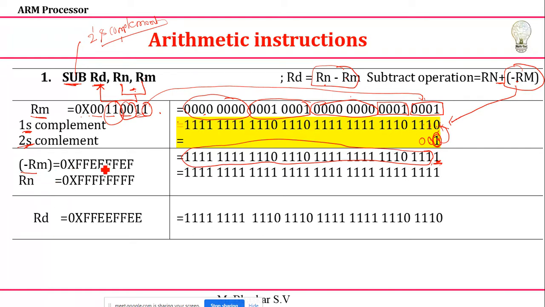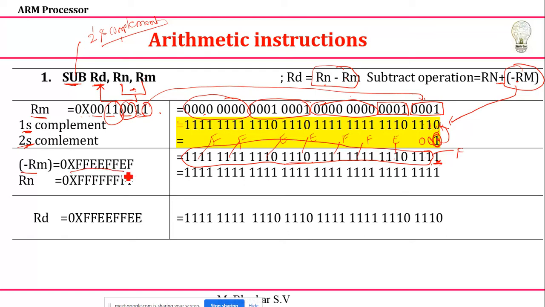If you want, you can read this one. How to write this one? It's very simple. If all bits are 1 1 1 1, it is F. So 1 1 1 0 means it is E. So this is F, this is F, again 1 1 1 0 means it is E, this is also E, this is F, and this is also F. That is what I am writing here.